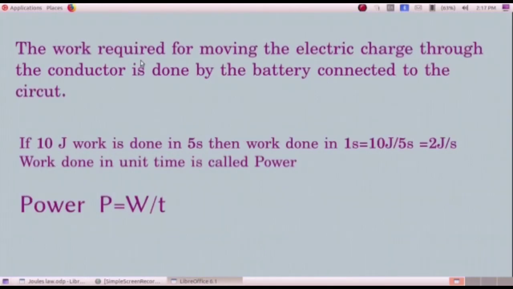In the circuit, the work is done by the battery. The work done to move the electric charge through the conductor is done by the battery. If 10 joule work is done in 5 seconds,